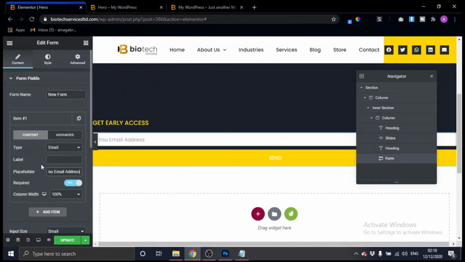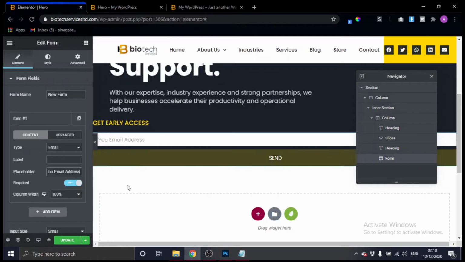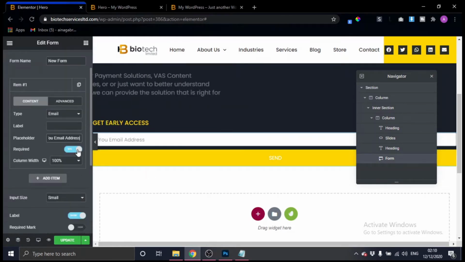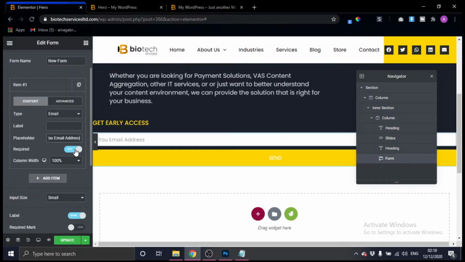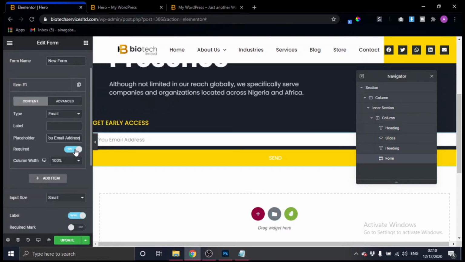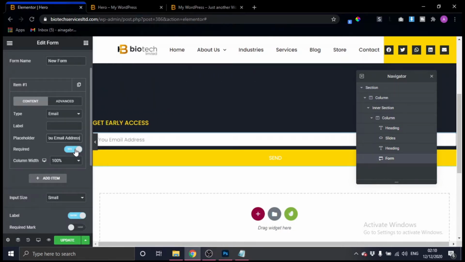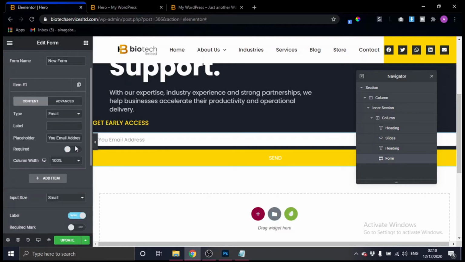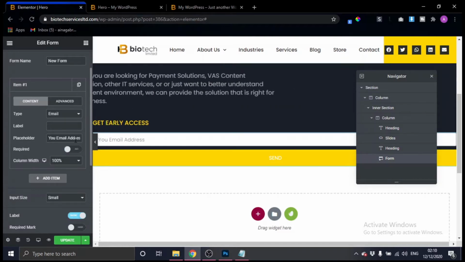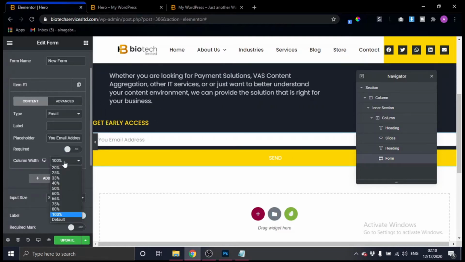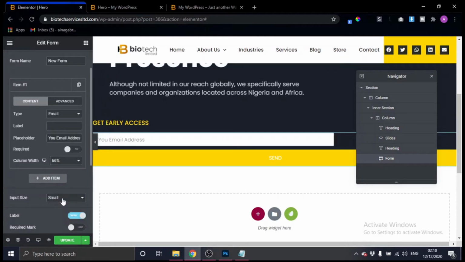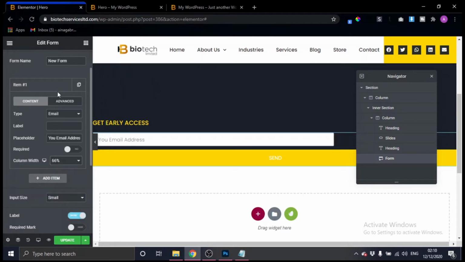Okay, your email address, and then it shouldn't be required because you're not forcing them to give you their email to subscribe. So let's turn off the requirement, and then let's give it a column width of, say, 66 should be just fine.